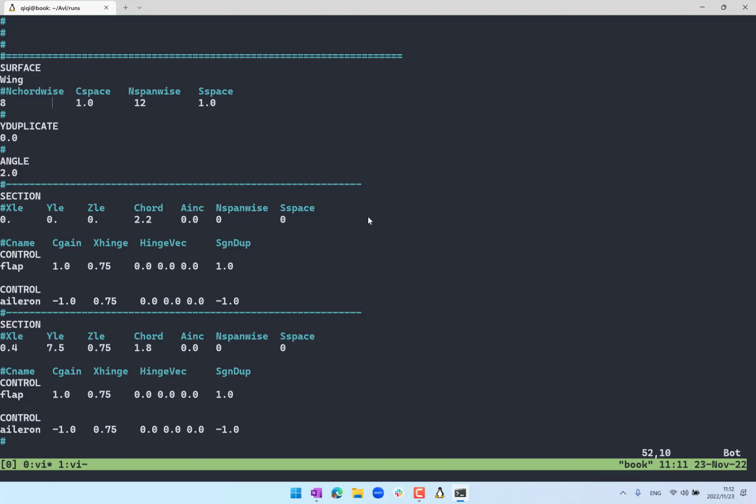And the chord-wide sections you can think of as the vortices we are placing in two-dimensional airfoils, right? Instead of having a single vortex placed at the quarter chord, it is actually placing 8 vortices along the chord, at every spanwise location. So if you look at this wing, there are 8 times 12 vortices, okay? And the Y duplicate is